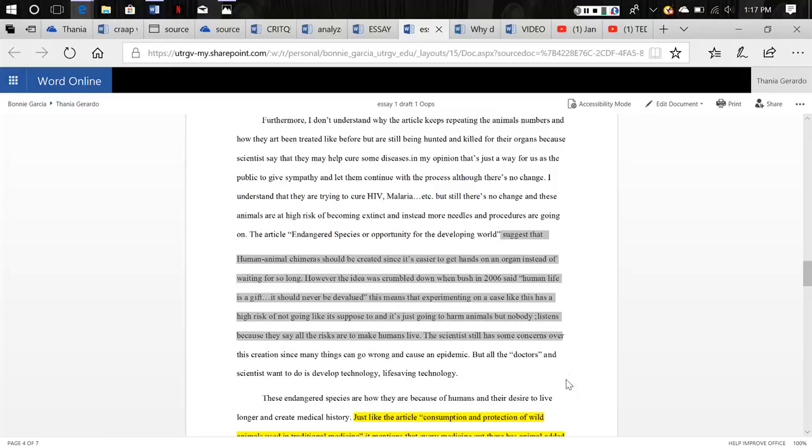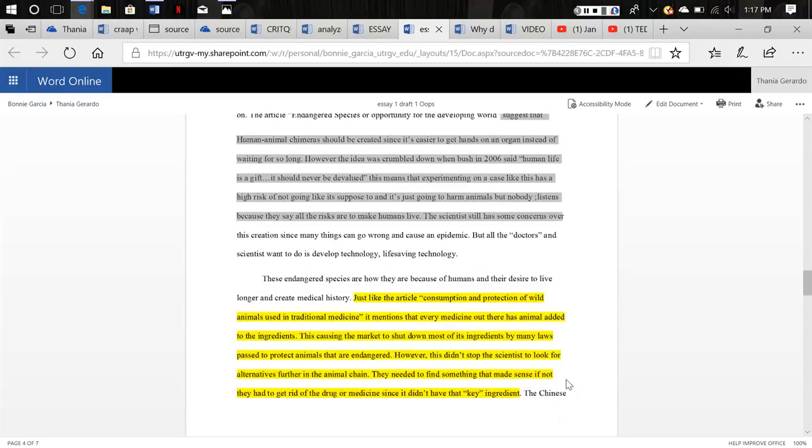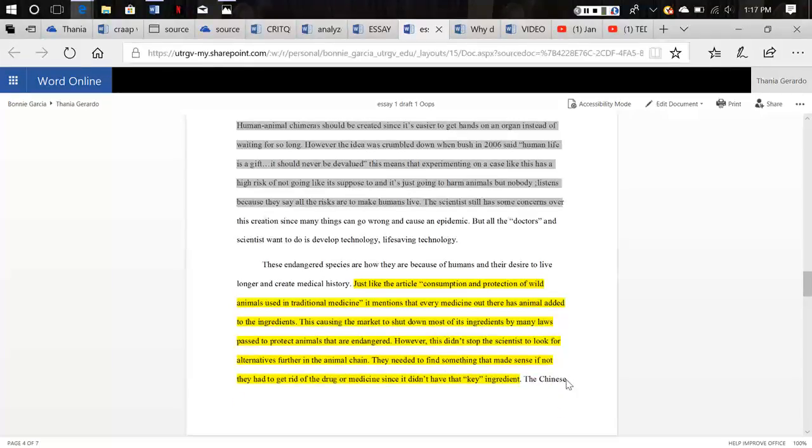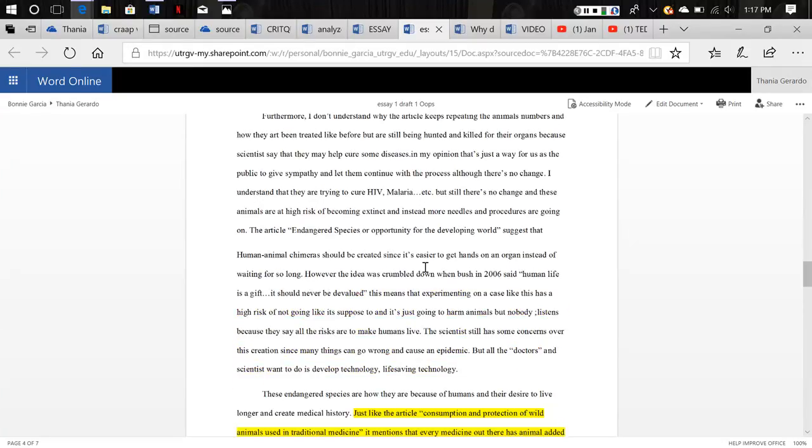And then I moved on to the next paragraph. Same here. I just quoted the title and then I wrote a mini summary about it. So obviously I did not know that I had to quote. I just didn't know how to implement it into my writing. It didn't make any sense to me. So what I did,